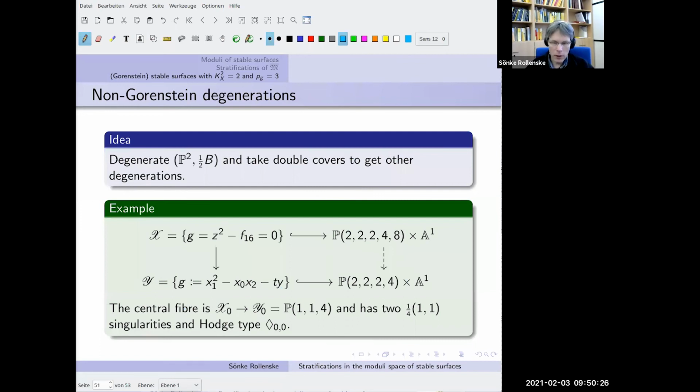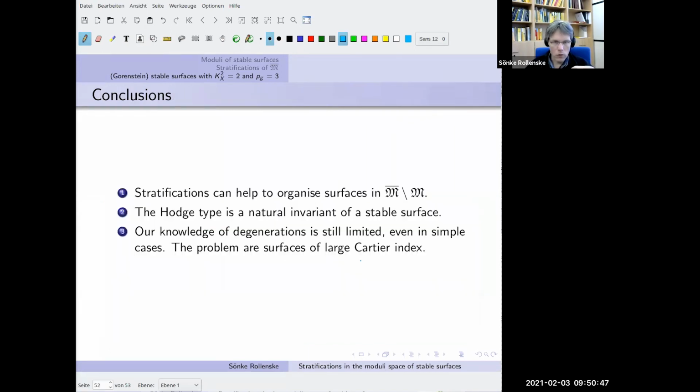I mean, this is an example where the index is 2, and then you can get all kinds of other examples, probably by degenerating this, or I could now try to smooth one of the 1/4-1/1 points, but this goes beyond what we can do now. Okay, let me